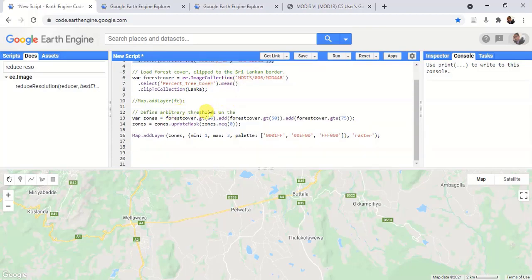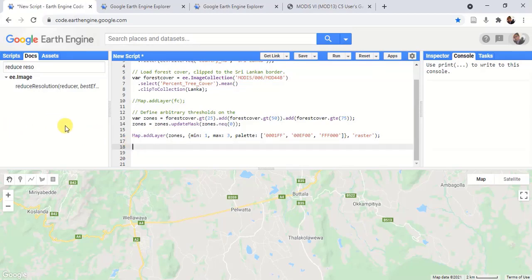Then we define the arbitrary thresholds of 25, 50 and 75%, and we are going to use these thresholds to categorize the raster dataset, and we are going to apply them to convert the raster dataset into